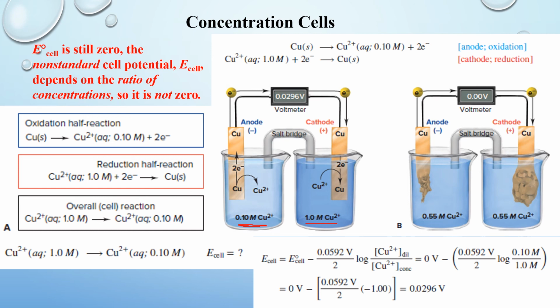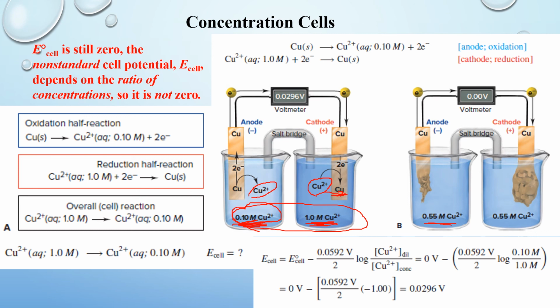So what's going to happen is that for this beaker on the left, the concentration is so low, so the copper solid here, this electrode, will generate more copper ion to increase this copper concentration. But on the other end, because this concentration is so high, you want to decrease. So some of this copper will become copper solid and will be deposited on this electrode. So over time, they reach this equilibrium concentration, which is basically the average of these two concentrations,